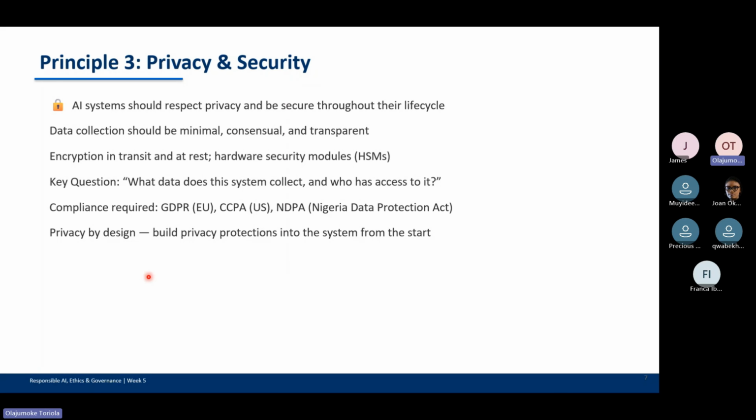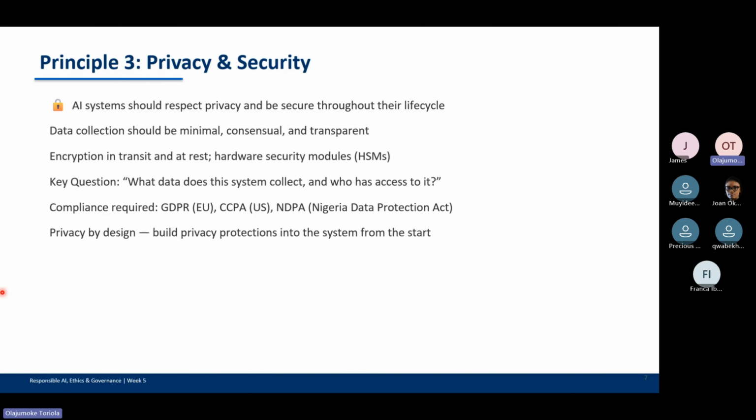We've seen people today, in a bid to get their job done, go into ChatGPT and upload all sorts of private, confidential documents, and AI is learning from it. So we must collect not only what we need, but also protect it properly.